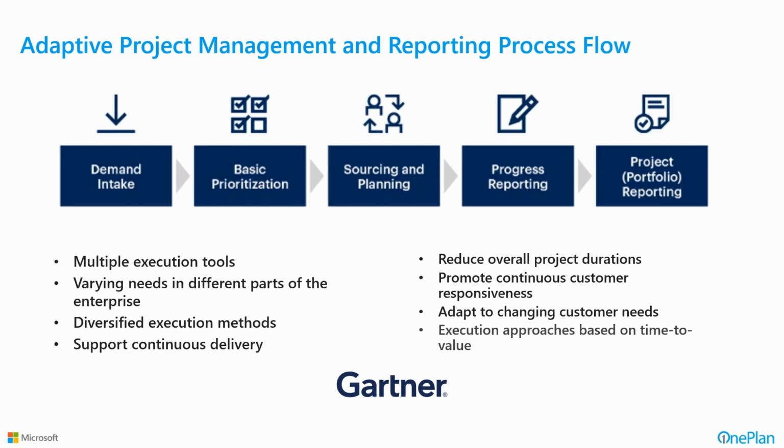Now, analysts like Gartner say adaptive project management and reporting process flow in this, as you can see, the steps don't seem too foreign. There's a demand and there's an intake. You have to do some basic prioritization to select what you're going to do. You then source that with who's going to do it and plan for it, and then you report progress through its completion, and then do some reporting along the way. The difference is that there's multiple execution tools involved. You might involve different parts of the organization in a cross-functional way. There might be diverse execution methods, and you might even have some organizations supporting continuous delivery in more product-oriented type